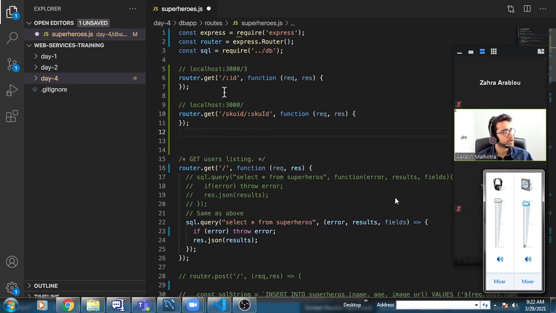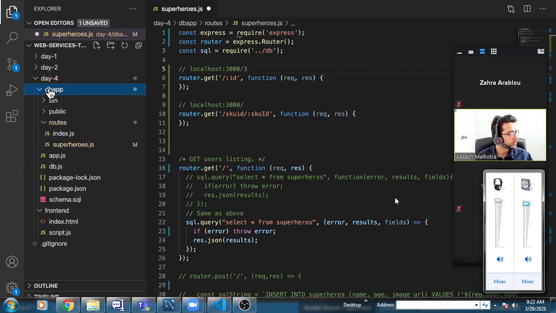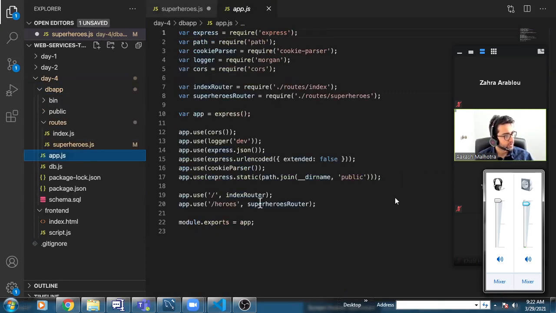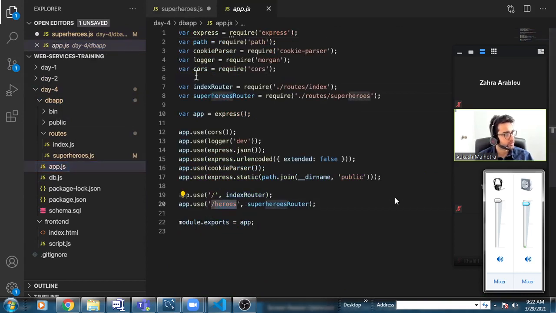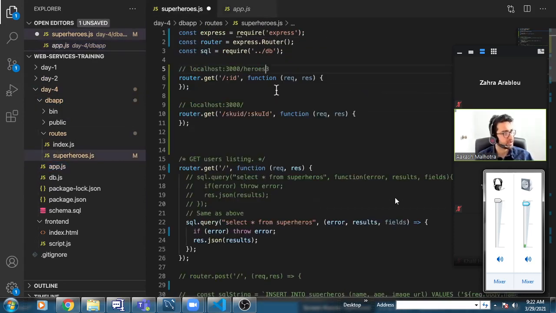This is actually incorrect. Depends what it's routed to. Let's check. It's routed on heroes, right? So it's going to be heroes slash 3, and this one's going to be heroes slash SKU ID, whatever SKU ID you want to pass, right? It could be JWT5935,